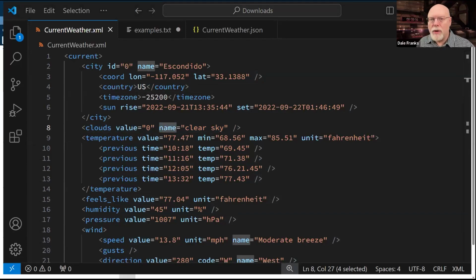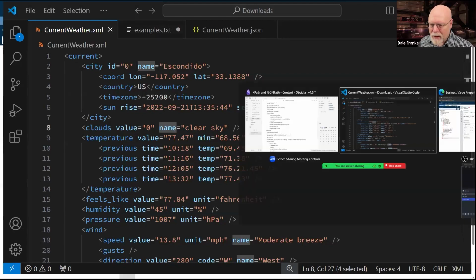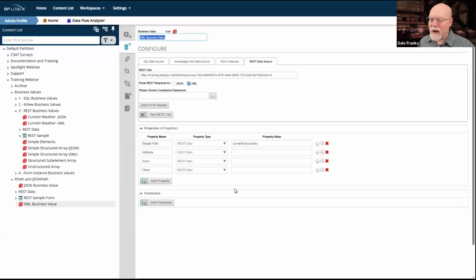Okay, but I have to get to that attribute. And to do so, I have to add in a little special sauce, in this case the @ sign, to specify that attribute. So to pull that attribute back, I'm going to need to use this syntax, without the slash there. I think I may have copied a little too much.